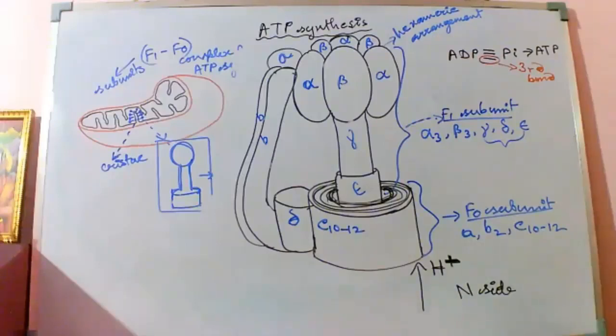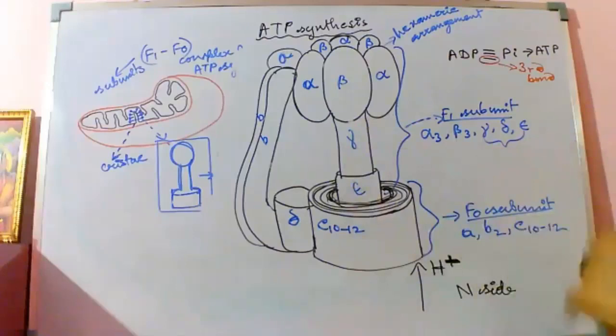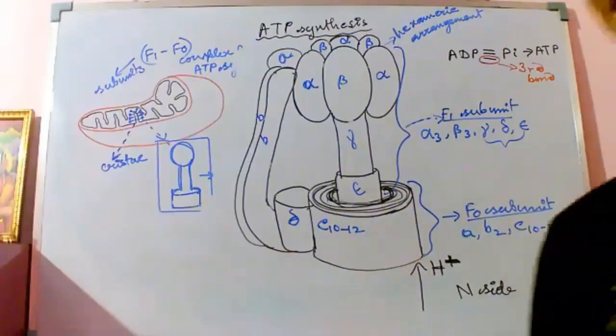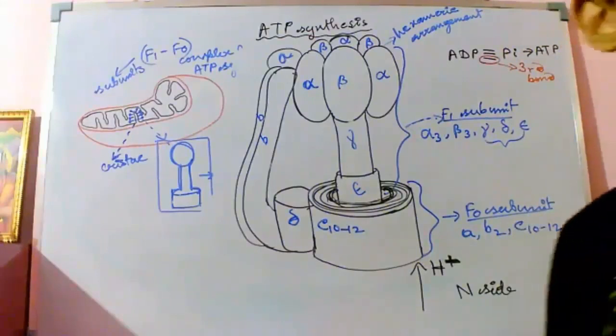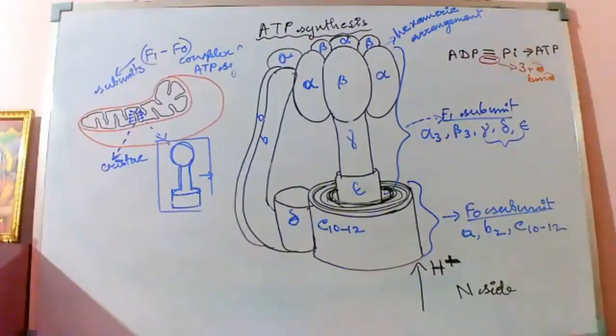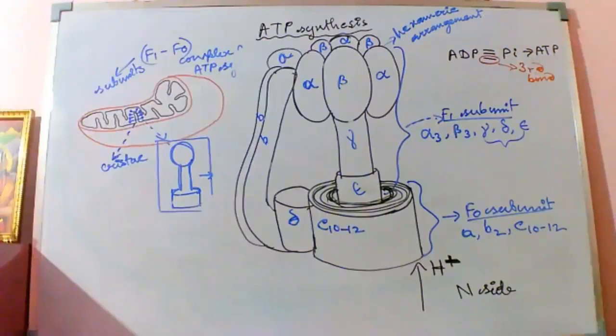So what is happening? Why is the F1 complex not present at that time? It is getting detached, because the electron transport chain is creating an electrochemical gradient, right, which I taught you right now. What I'm telling is, the electron transport chain created an electrochemical gradient, and that gradient helped in pumping the proton out of the matrix to the cytosol side.